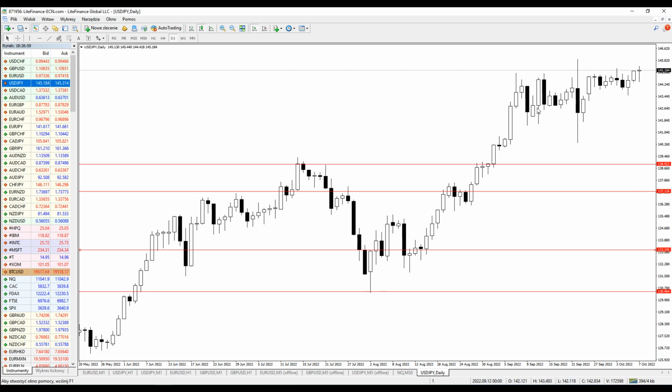We've seen lately some high volume candles, most probably some kind of profit taking, but it could also be related to the Bank of Japan intervention. As of now, short term, 146 to the upside, 145.80, 146 to the upside, 140, 139 to the downside. That's the name of the game, and watch out for the upcoming inflation data.